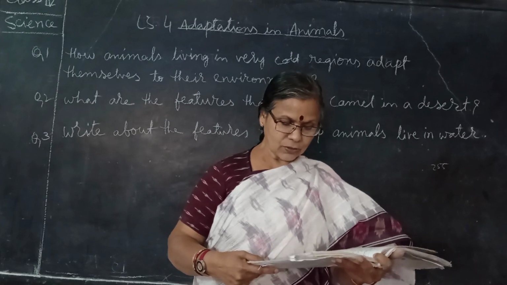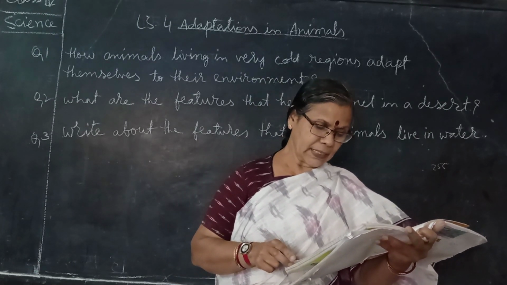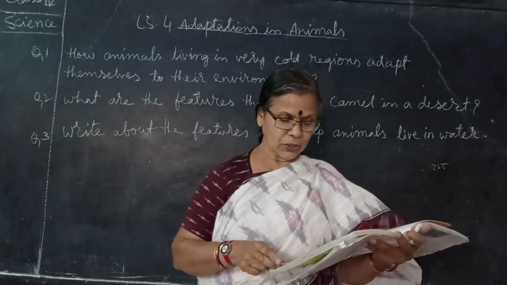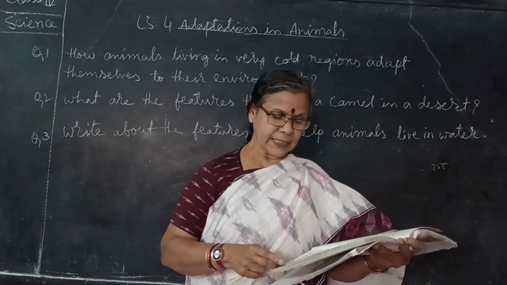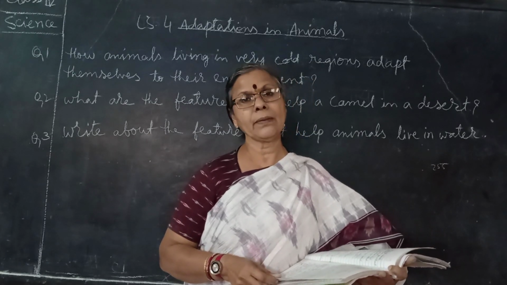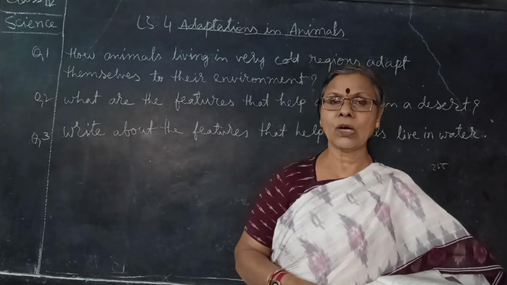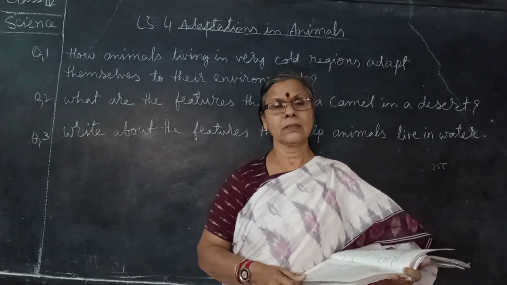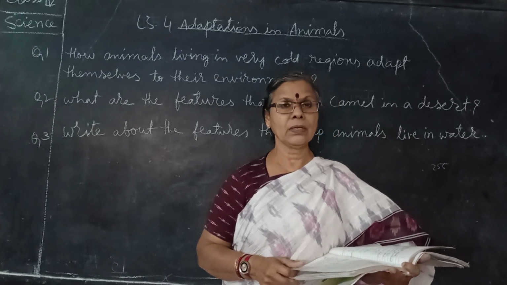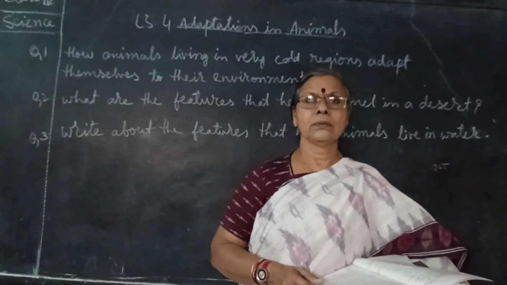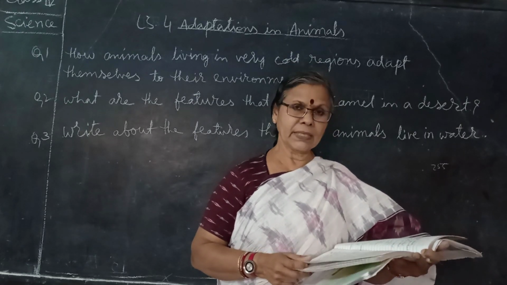Okay. Now the 6th question is, how does camouflage help an animal? Camouflage helps an animal to blend with its surroundings so that it is not seen by its enemies. Merging with the environment. Those animals are called camouflage animals. Even the zebra is a camouflage animal. Chameleon and zebra.